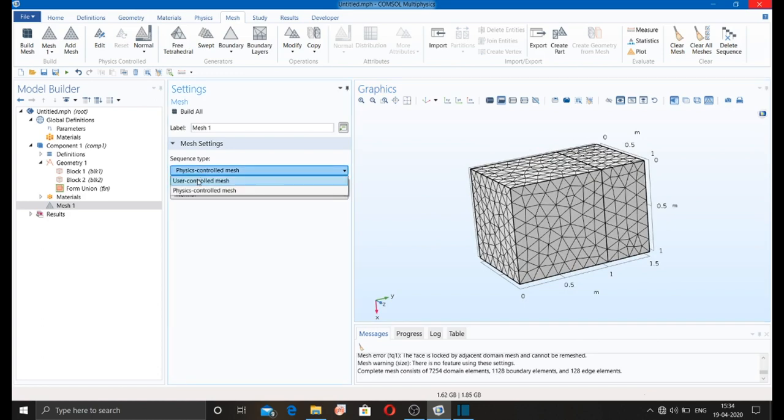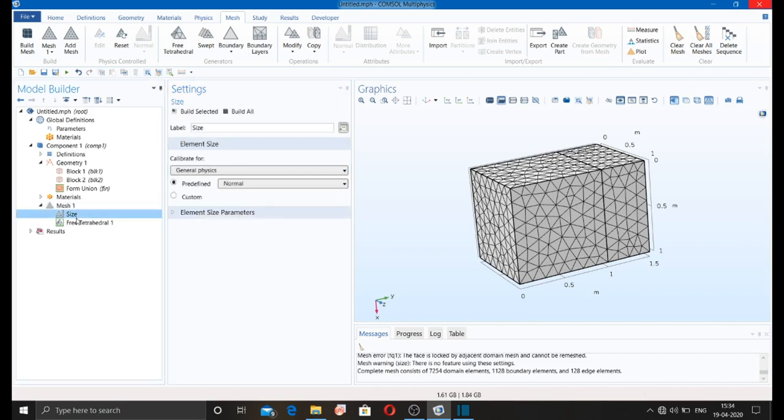If you want to do the user control meshing, then you can first go to the size. So this is the size: normal, extremely fine, extra fine, depends on you. If you want very accurate results, then you can go for extremely fine meshing, but it will take much higher time as compared to other meshing sizes.